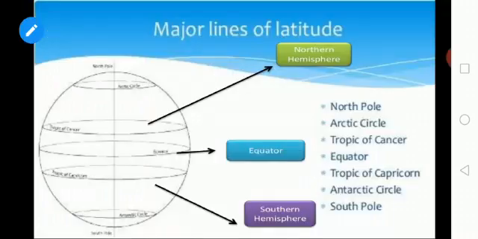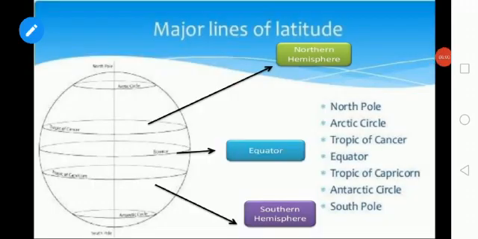Then next, the major lines of latitudes. So this is also an additional thing for you. The northern hemisphere, southern hemisphere, already you know that the center is the equator, and the divisions of our earth, you see North Pole, Arctic Circle, Tropic of Cancer, that each line indicates that. The first one is North Pole at the top, the next circle near to that is the Arctic Circle, then Tropic of Cancer. This is the one which divides our country into two. Then the central line equator, then below the Tropic of Capricorn, then Antarctic Circle and South Pole.